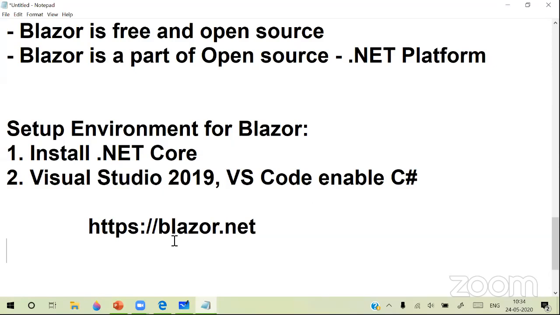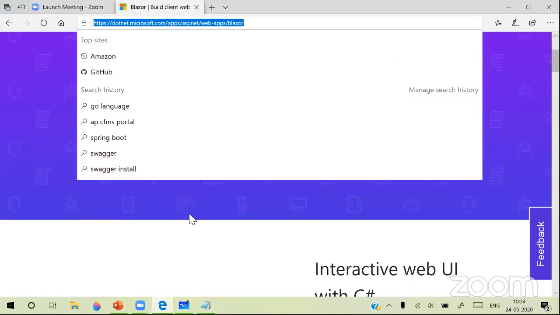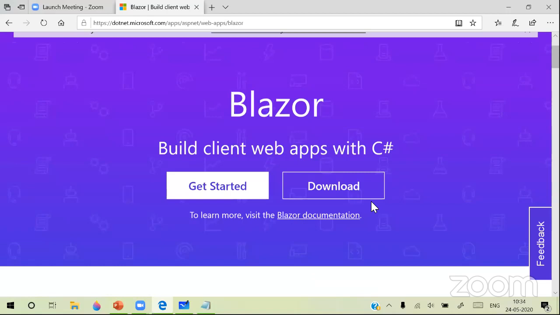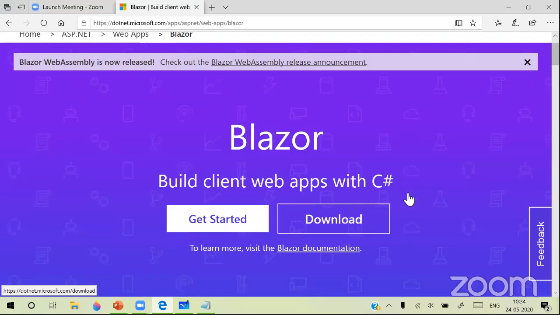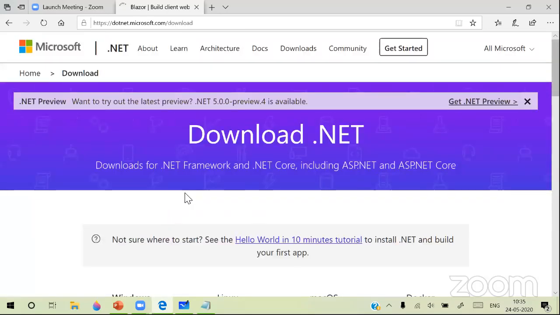Here, once you are in this, you go and you have to download. And when you click on this download, usually you will be asked to download